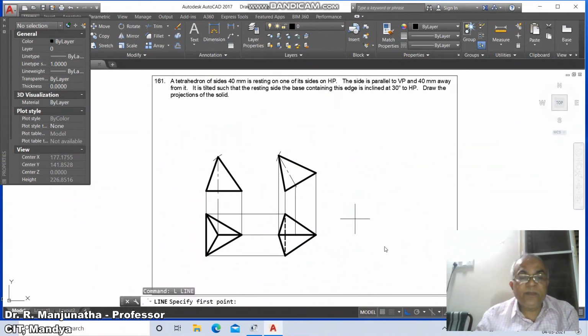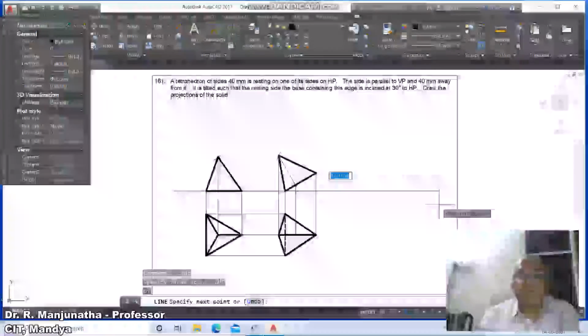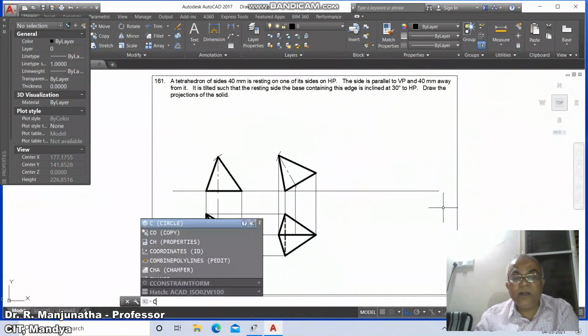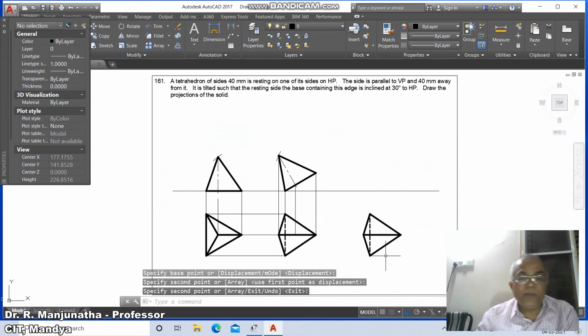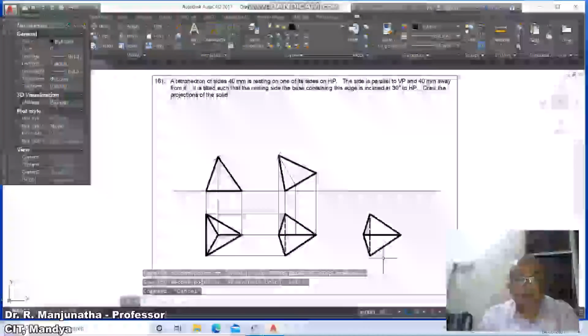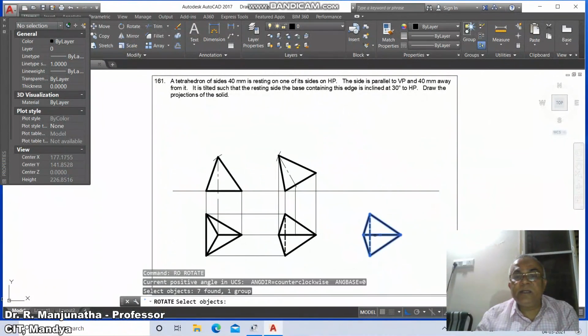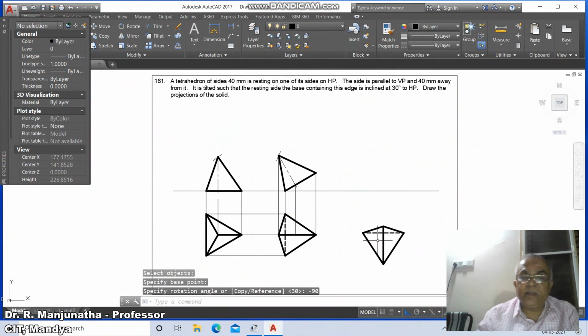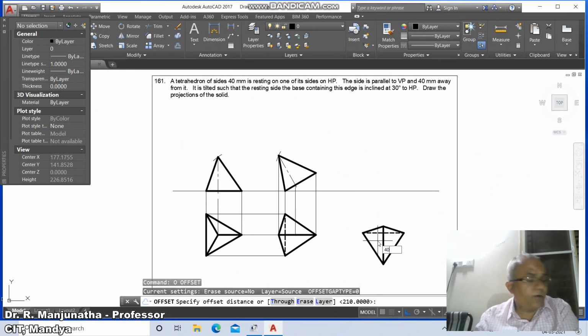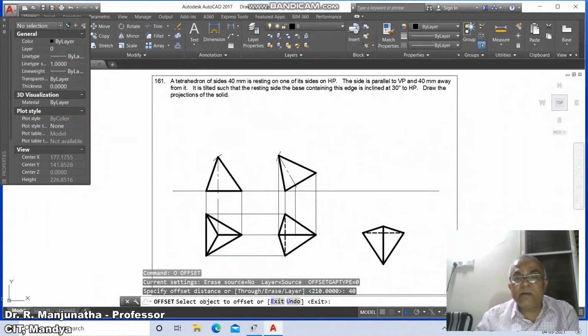Then go to line, take int of this and draw a vertical line, and again you take line int of this and take a horizontal line, and then go to copy, select this, copy to the next position, and then go to rotate, select this, take the rotation angle as -90, then offset, take the distance as 40, select this line, then go to move